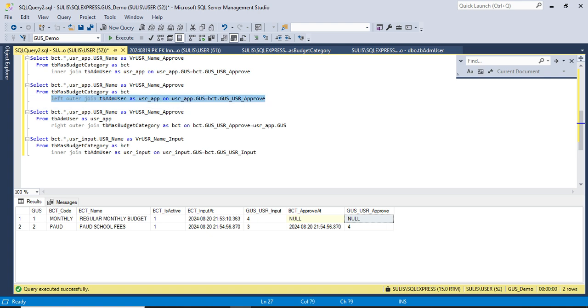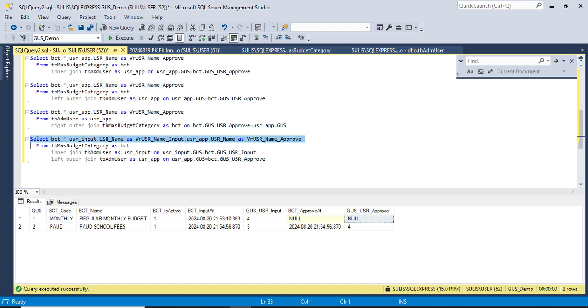And okay, I will copy and let's see the result. Now we complete the data, the session. We already display the name of the user who input and the name of the user who approve.